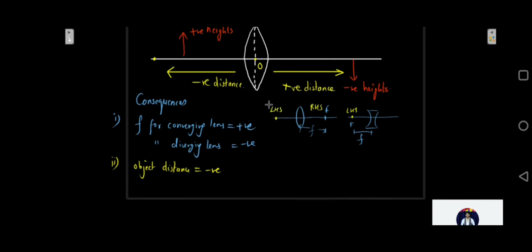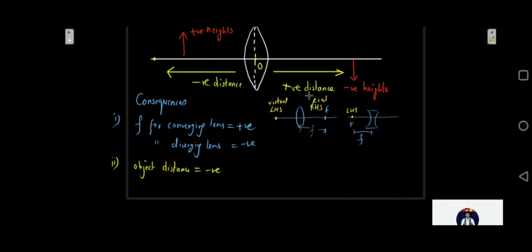Okay, this side is virtual images formed, this side is real image formed. So real image distance is always going to be positive and virtual image distance is always going to be negative. The next point is the object height h1 is always positive, because it will be kept upwards, perpendicular upwards.